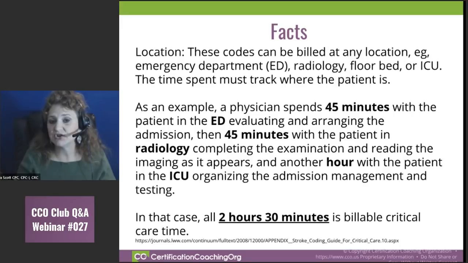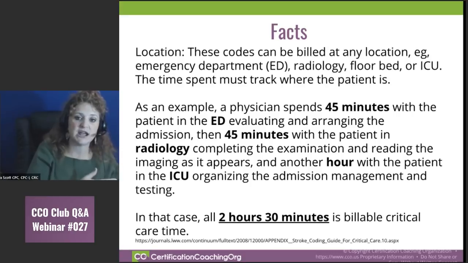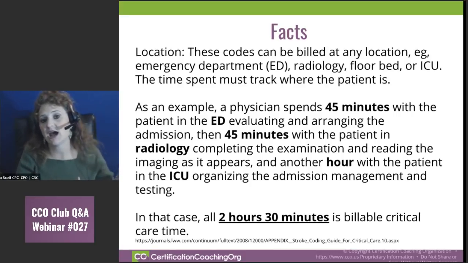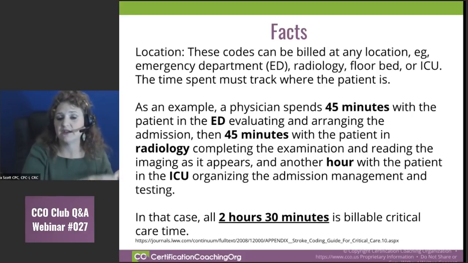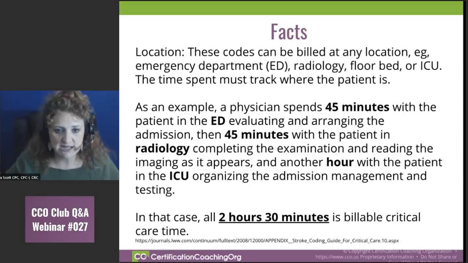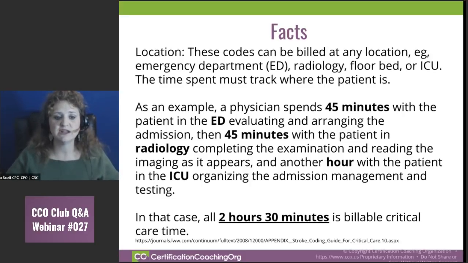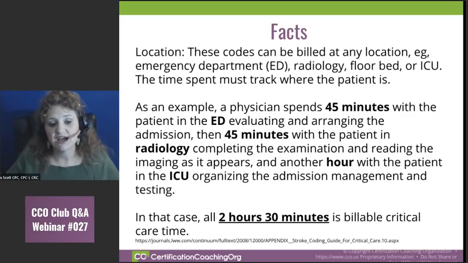Even if a patient's in ICU and they say, hey, we need to get a CAT scan, they have to wheel the patient out and take him to radiology and do that CAT scan, but the provider is following their care even when they're doing the CAT scan. So they have a great example where you have 45 minutes that the patient is in the ER and they're doing their evaluation. And then there's 45 minutes in radiology,